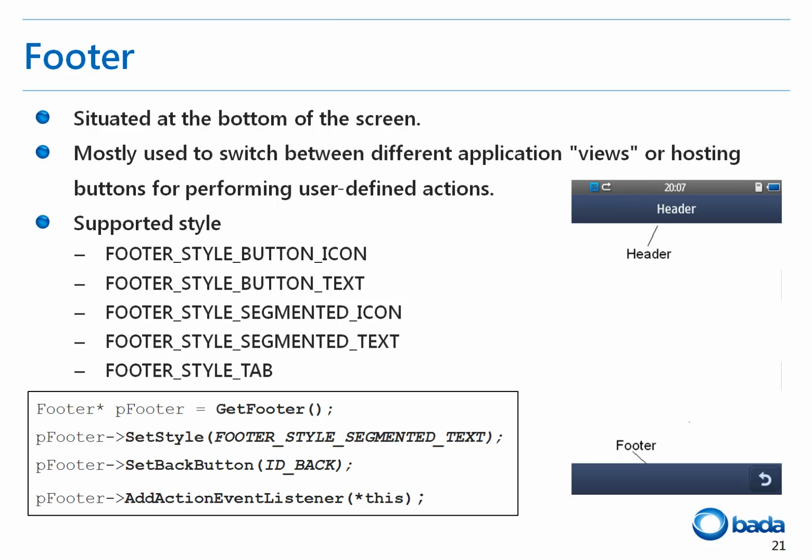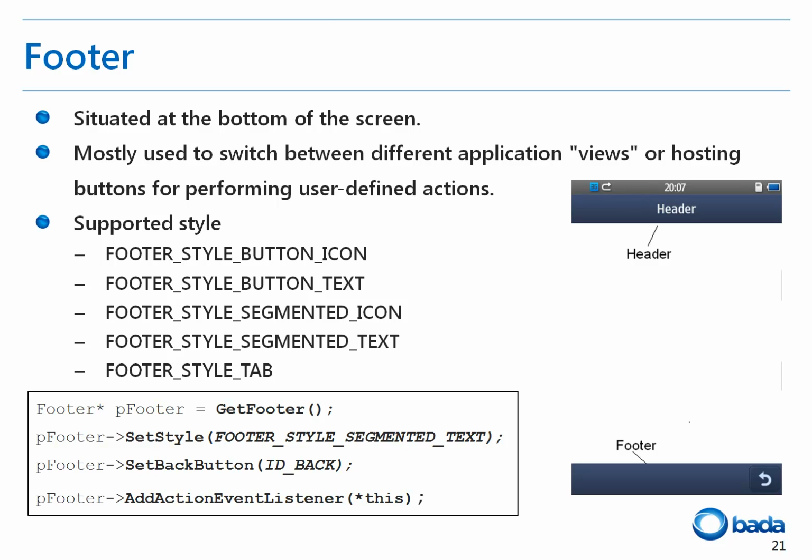The footer_style_button_icon style supports up to 5 footer button items with icons. In addition, you can also include a back button as long as the total number of items and buttons doesn't exceed 5. The footer_style_button_text style supports up to 4 footer button items with text. In addition, you can also include a back button as long as the total number of items and buttons doesn't